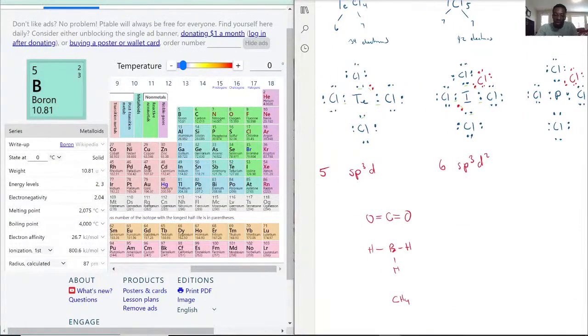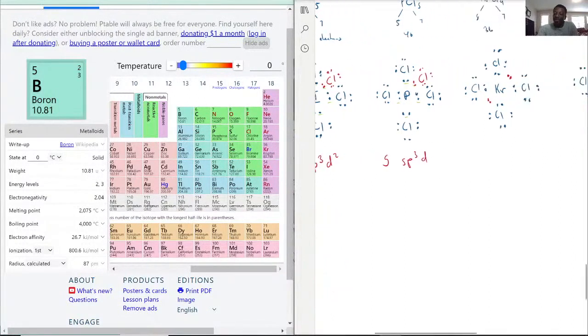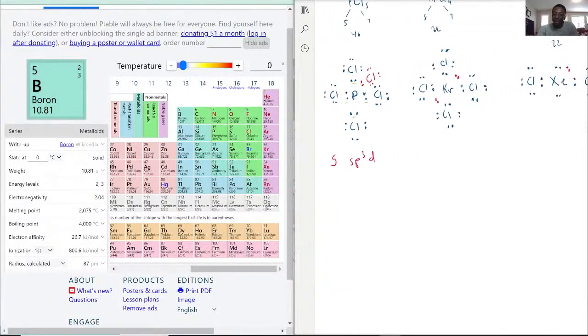PCl5, and beryllium was just TeCl4. So phosphorus is also going to be, if we note it, 1, 2, 3, 4, 5. So 5 things as well. So it's going to be 5, which is, as we discussed, sp3d hybridization. Krypton is going to be 1, 2, 3, 4, 5, 6. So krypton is also showing the 6, sp3d2